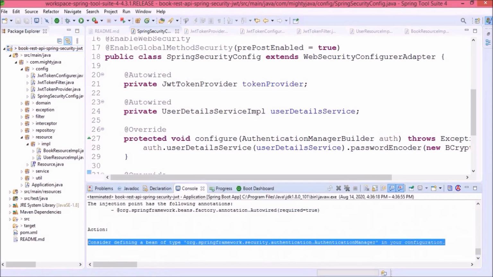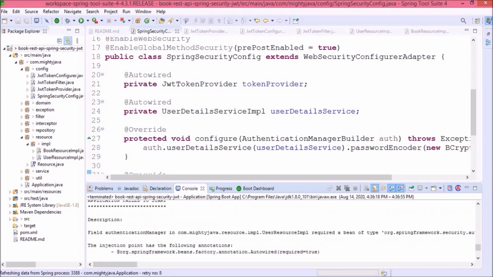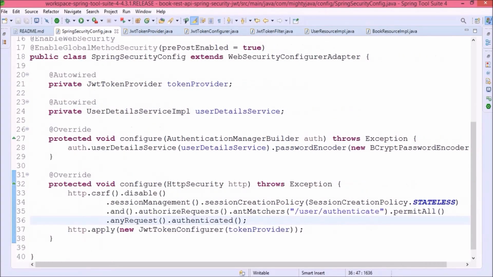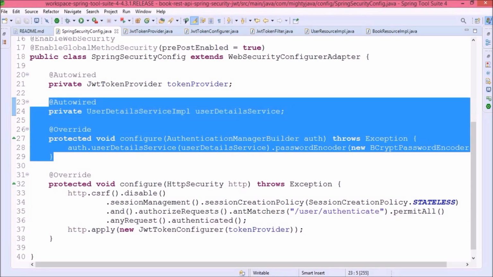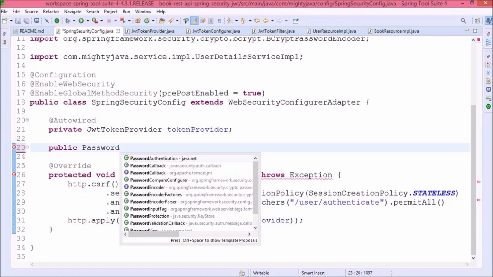Oops, it's giving some error. The error is like, consider defining a bean of type authentication manager in your configuration. Let's fix this error first. Actually, in the Spring Security config class, the user details service related code is not required now, so let's remove it, but we need to add a password encoder bean.